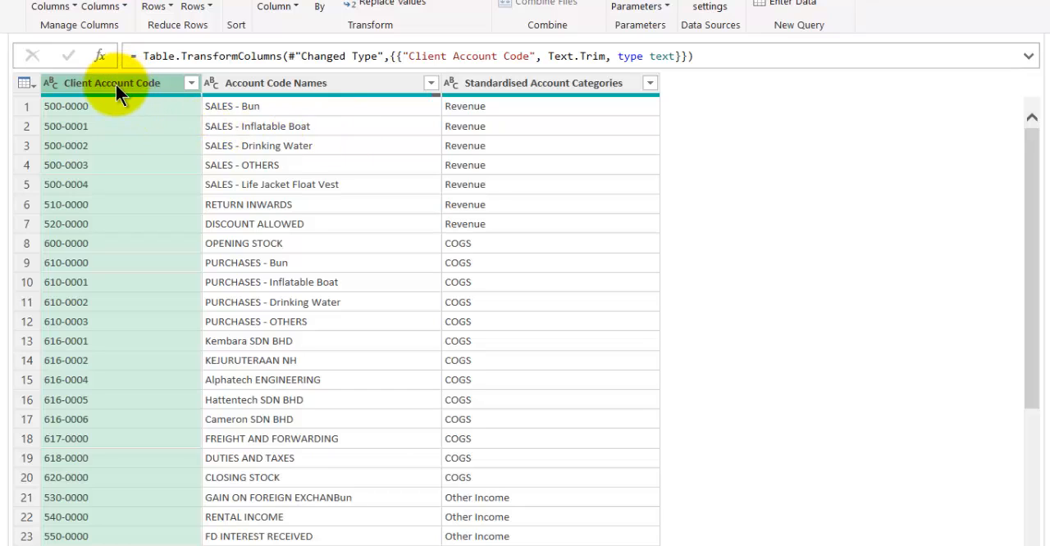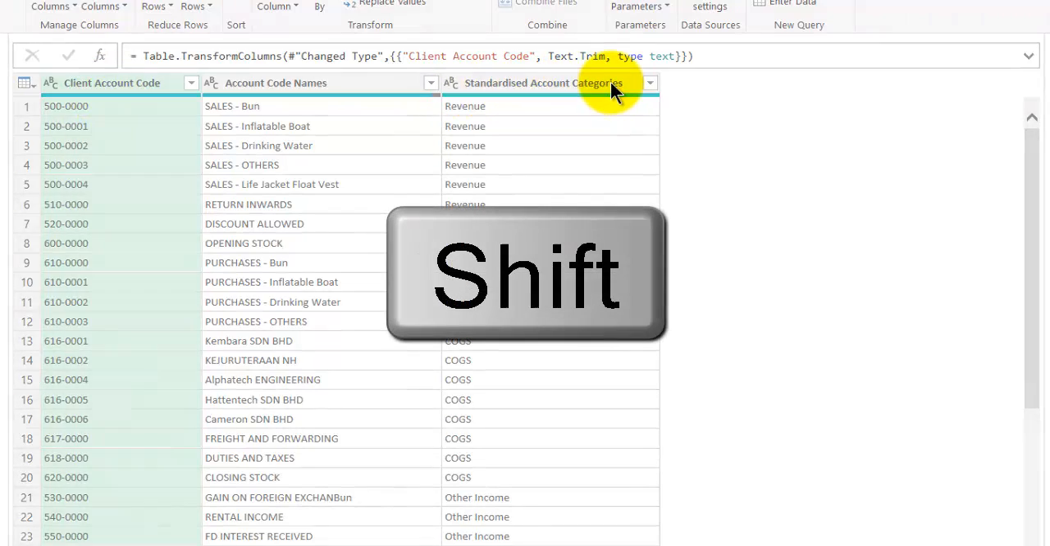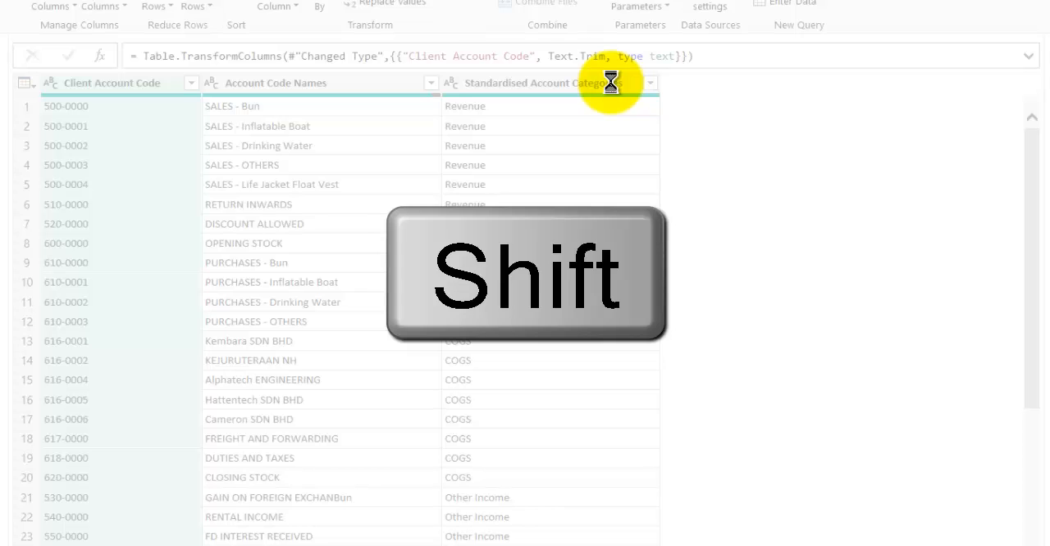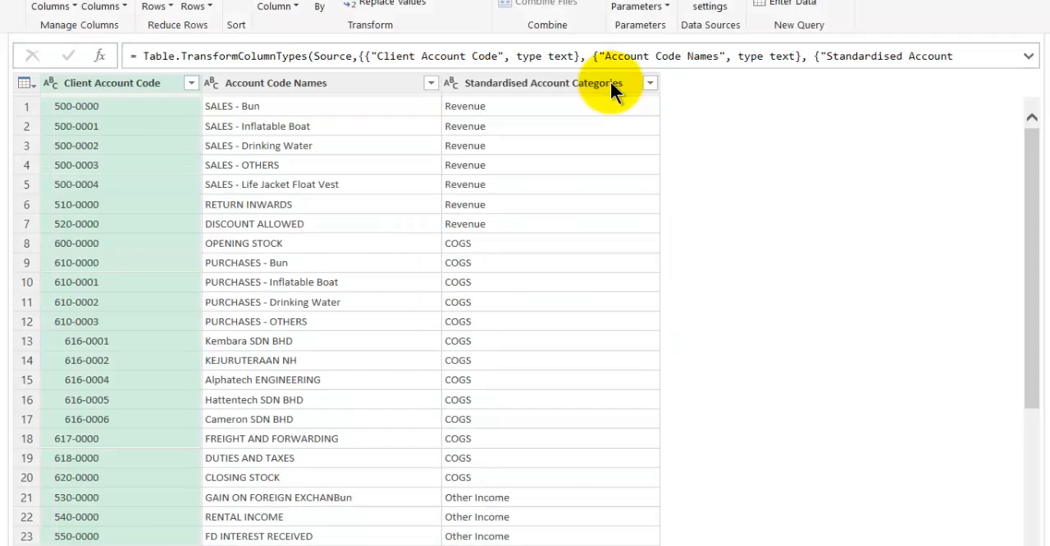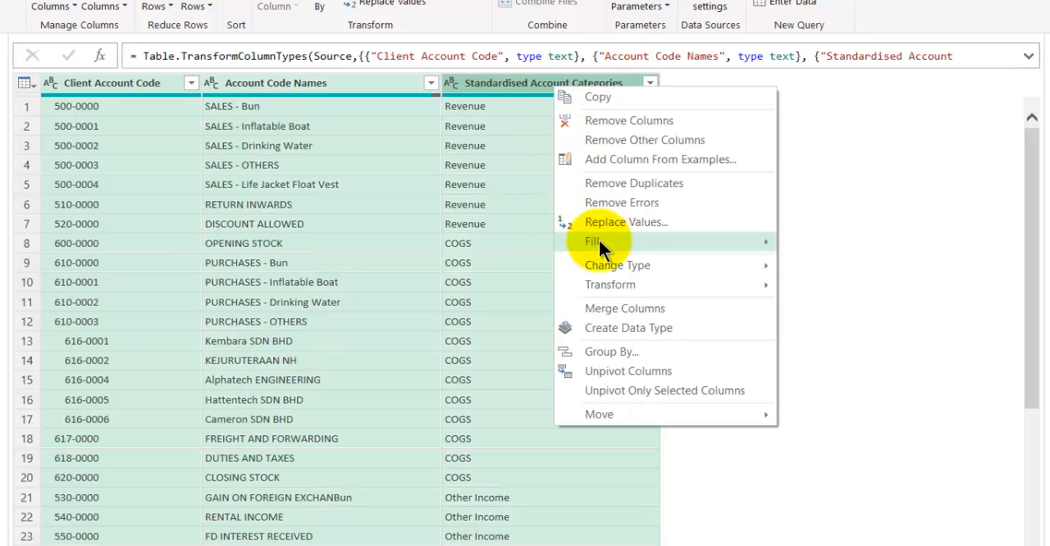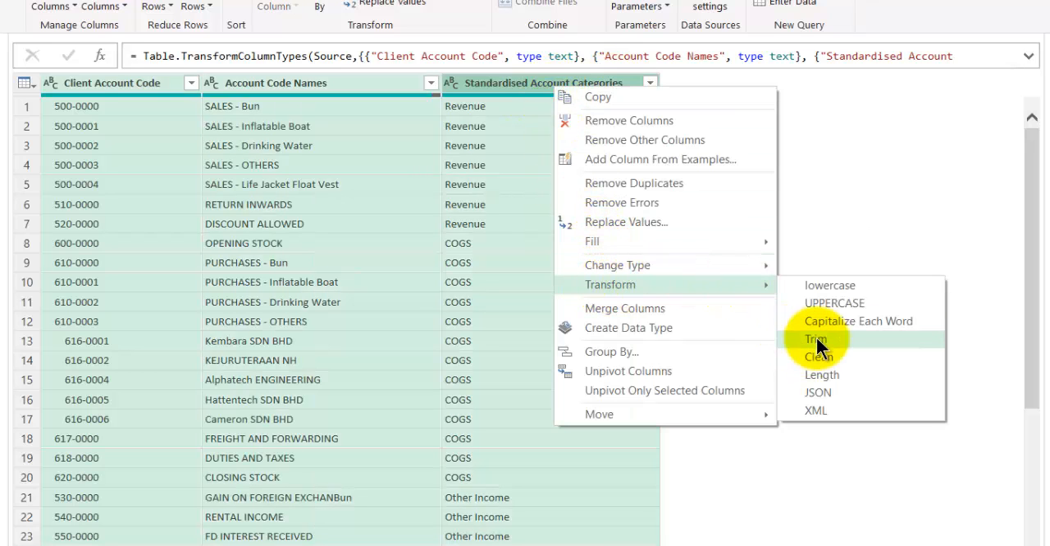You not only can do it for one column. At the moment, you just applied it to one column, but actually you can trim every column. Let's do it again. I close the step. Instead of selecting one column, I select all columns by pressing the Shift key and selecting until the end column. Then right click, Transform, Trim,